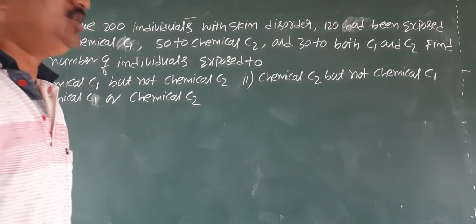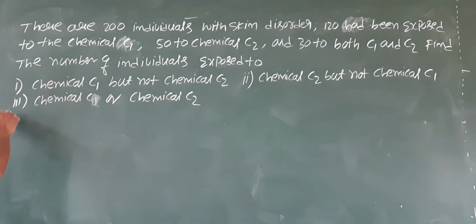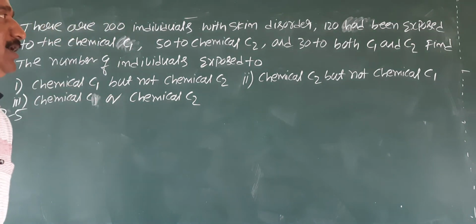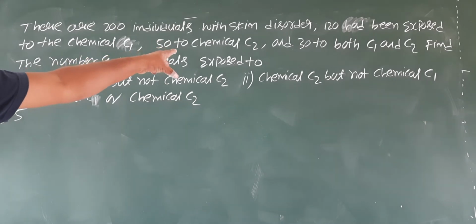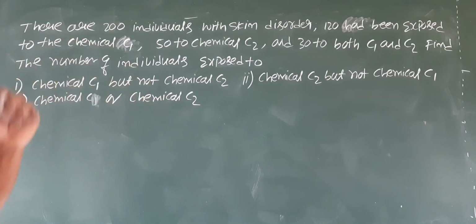Students, look at this one more 5 mark question. This is also a guaranteed 5 mark question. You take this as G5. G5 means guaranteed 5 mark question. Surely they are going to set one 5 mark question from these two. I already solved one, and from that one and this one they are going to set one 5 mark question for every year's annual exam.